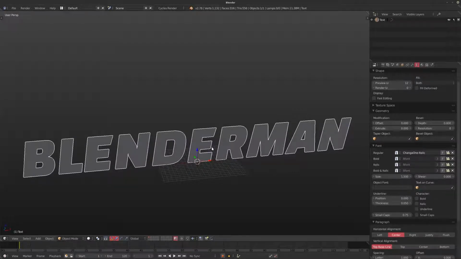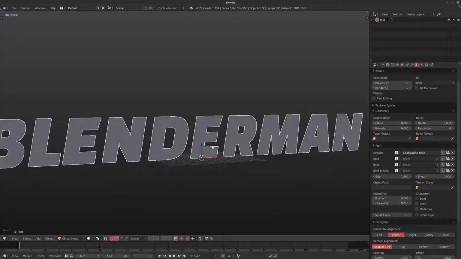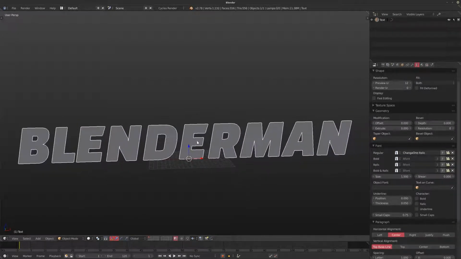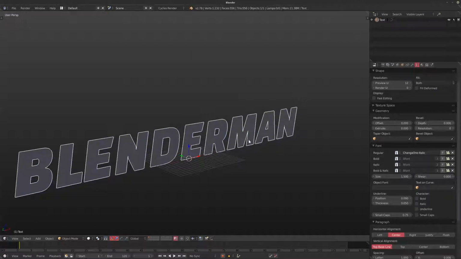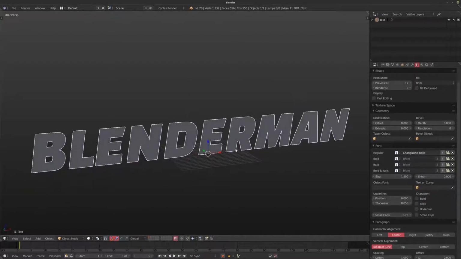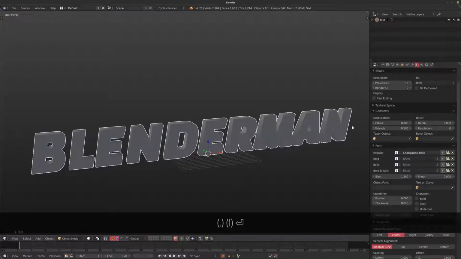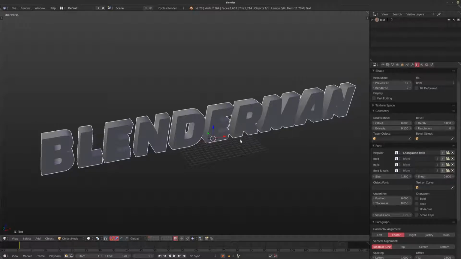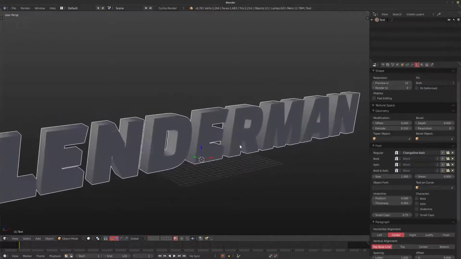So with that selected, I'm going to do a couple of things. I like this font because the italic sort of gives it a bit of a superhero movie vibe. Obviously, this is all subjective, so choose whichever font you want and have fun with it. Now, a couple of things that I like to use. The first one is the extrude. Let's say I put it to 1 or 0.15. Again, if these values are different on your machine, don't worry about it.